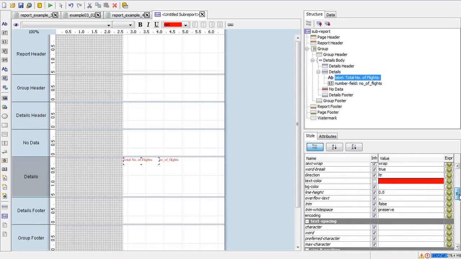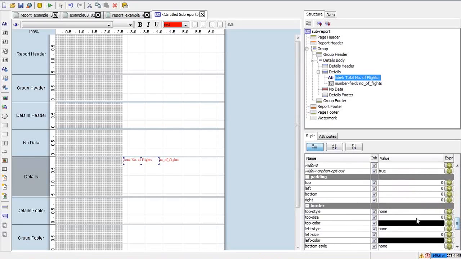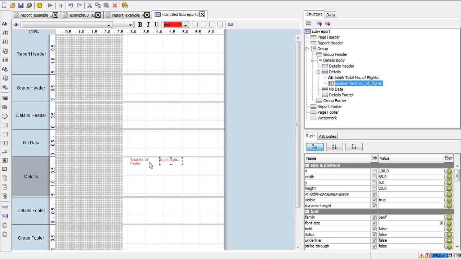So we'll add a left padding here, let's add 20. So now we'll increase the width so that there is no overlap. Here it is, and then